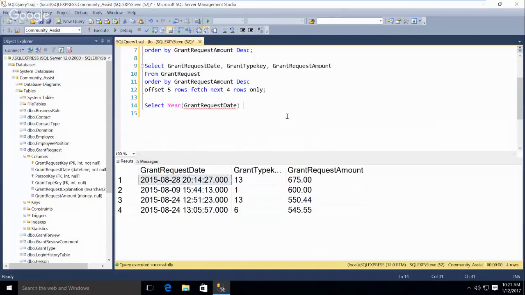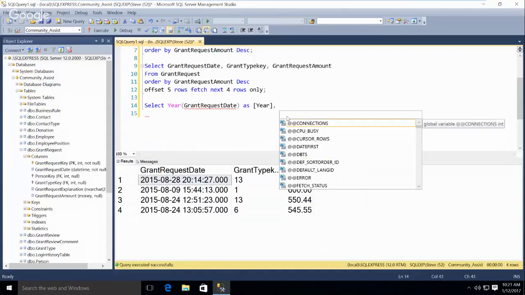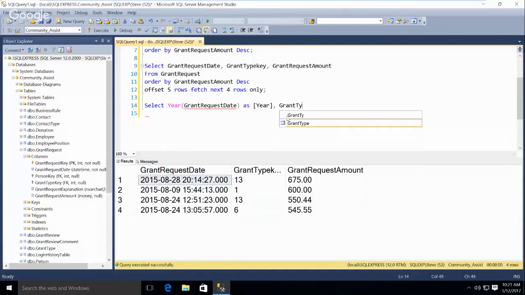And when I say to alias it, I'm going to say as year. And then I'll just do grant type key and grant request amount. They're all going to be the same year.